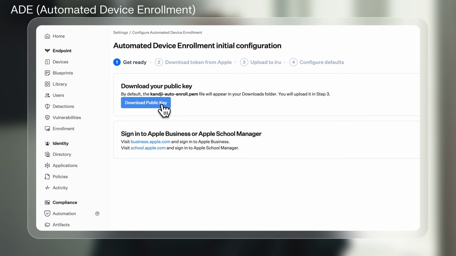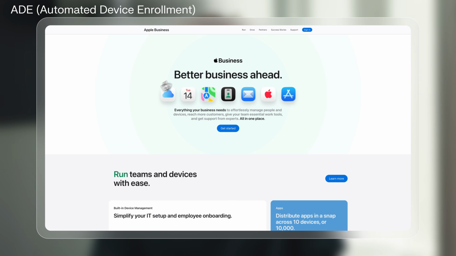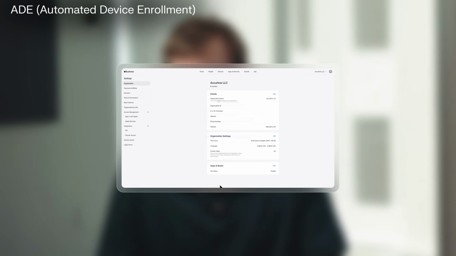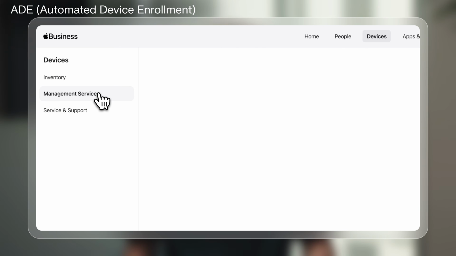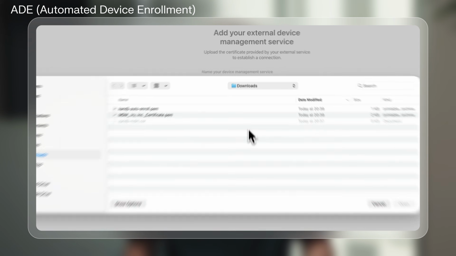The wizard generates a PEM public key file. You'll take that PEM file into Apple Business, create a new server, and upload it there. Apple Business will then give you a service token, a P7 file, which you bring back into Eru to complete that handshake. Back in Apple Business, go to Devices, Management Services, click Connect External Device Management, add Eru, and assign